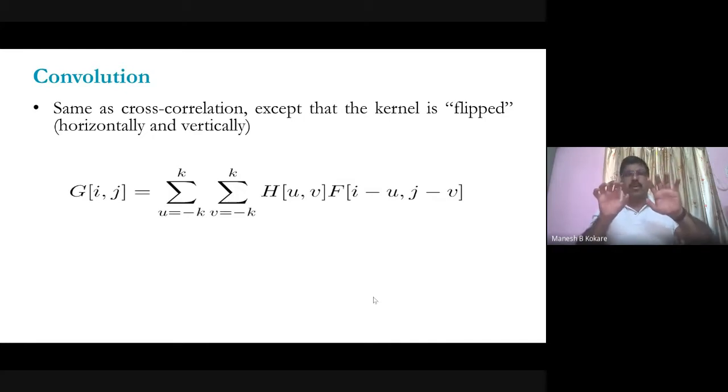But now when you are doing the convolution of a two-dimensional signal, at that time you have to flip this kernel. You have to flip this horizontally as well as vertically. So this convolution is the same as correlation, except that the kernel function is flipped horizontally and vertically. So this mathematical equation will be just modified with this. Now here you have a choice, either you can flip the image or you can flip the kernel. So you can do the flip operation either on the image or on the kernel function.